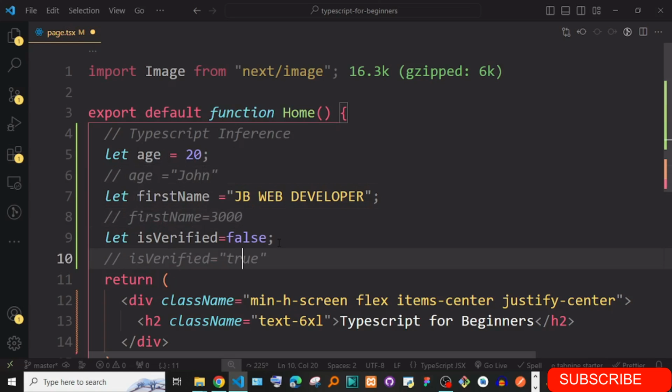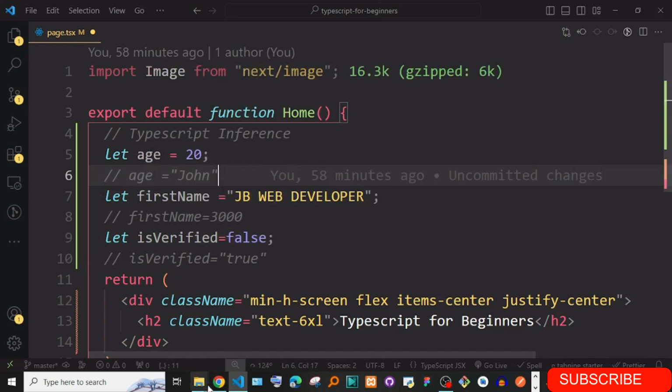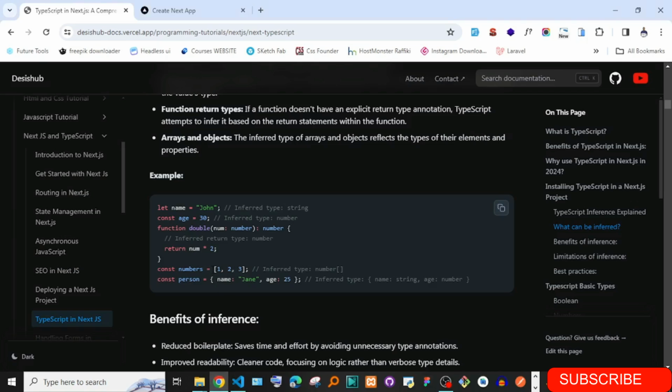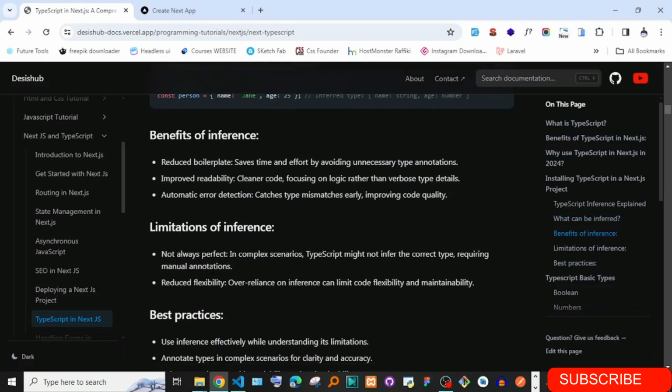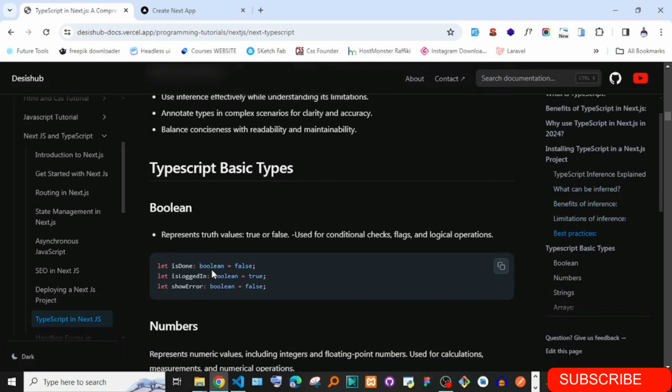So the first thing is type inference. It can predict the type you are saving right away. That is the first concept, and you can read about the benefits and limitations of type inference. Let's start now with the types.